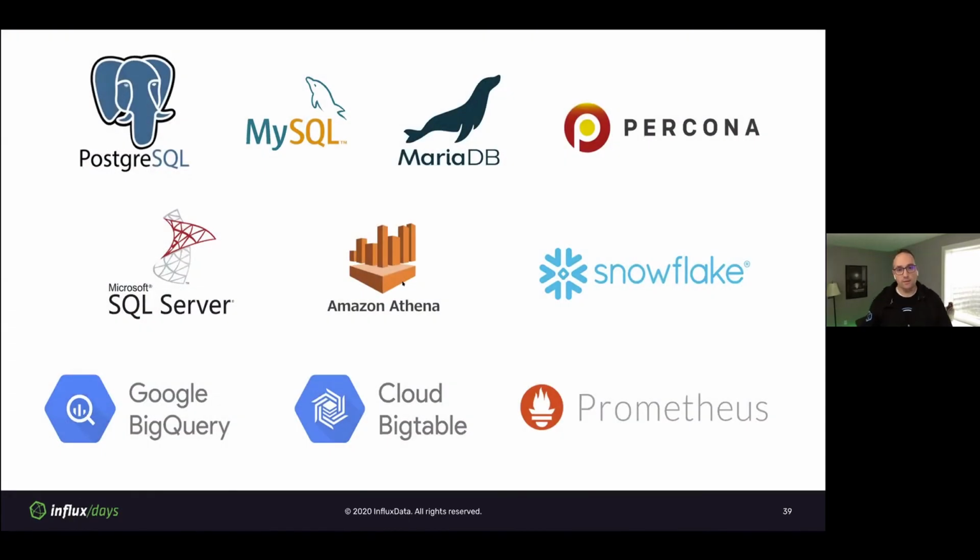So these are all potential data sources available in Flux today. You have Postgres, MySQL, MariaDB, Percona, SQL Server, Amazon Athena, Snowflake, Google BigQuery, Bigtable, and Prometheus. And again, this is not an exhaustive list, but these are some high points. Most of these you get access to using the Flux SQL package, and you're able to query data from these